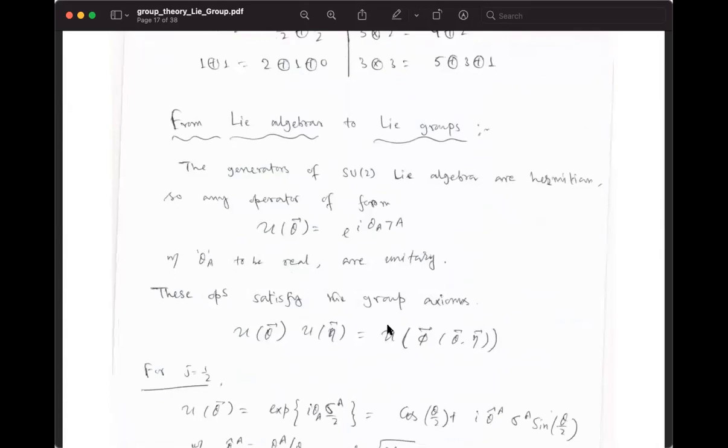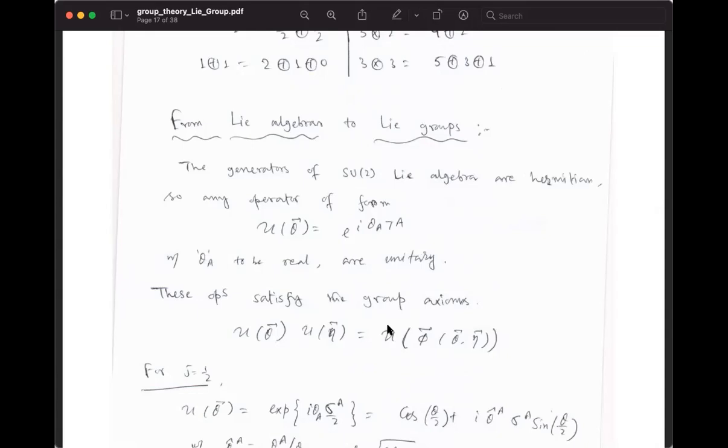Now we have to understand how we relate the Lie algebra and the Lie group connection. The algebra is basically a span. When you talk about the algebra, it's more about playing around with the generators. But when we talk about the groups, we talk about the elements of the group, and an operator of this form is written like e to the i theta_a T_a, where theta must be real, and you can see the number of theta parameters is exactly the number of T's, or the generators.